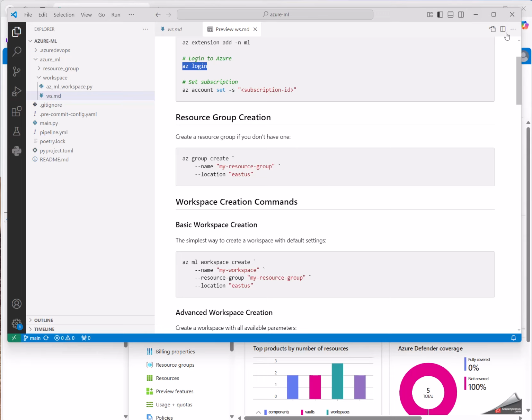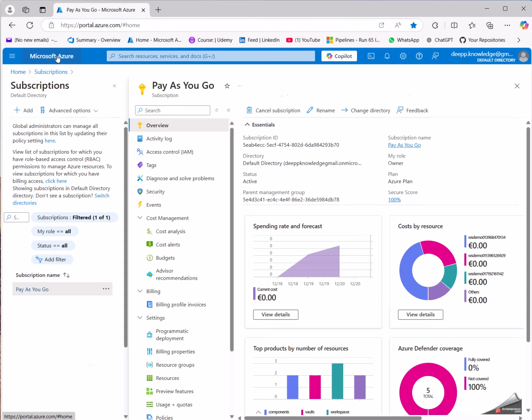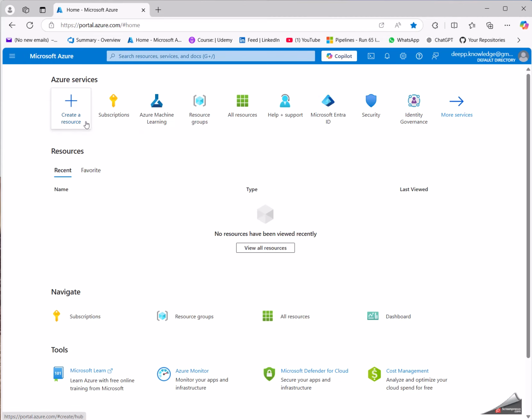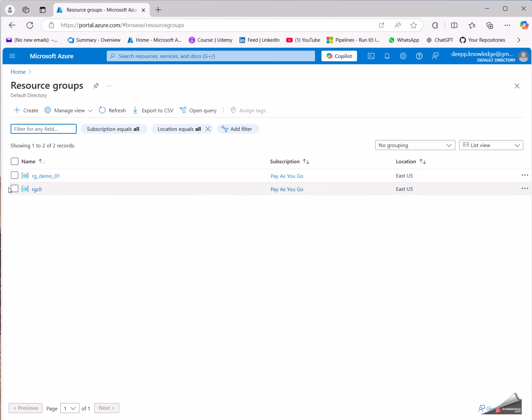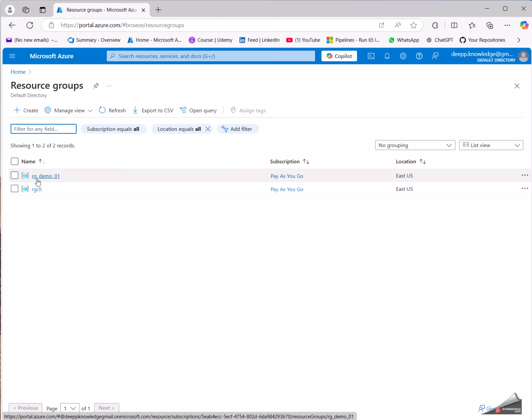I already covered this in the last video, but this is only to give you a complete workspace overview. Now, because I already have a workspace, let me go to resource groups, and you can see here I have resource group CLI and resource group Demo01. I will use this one here.